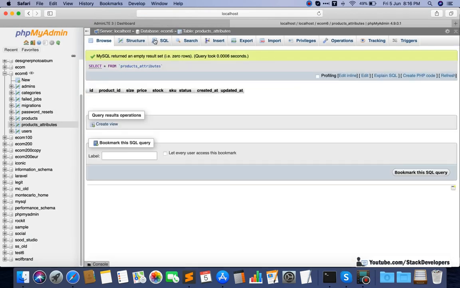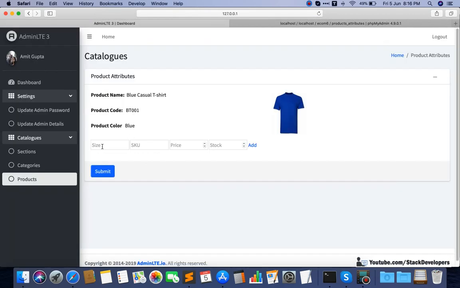Now we are going to check the attributes. There is no SKU yet. First I am going to add some SKU, like small. This is the SKU column, small, price 10. Okay, submit.